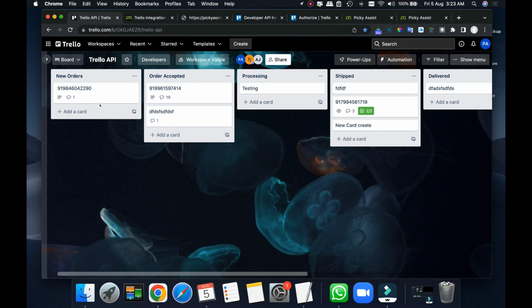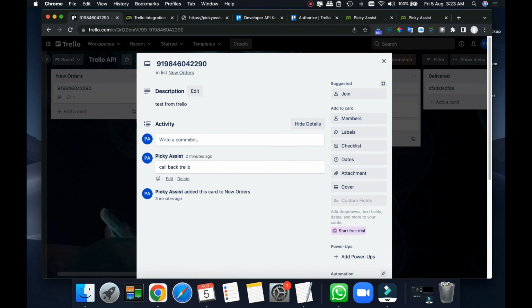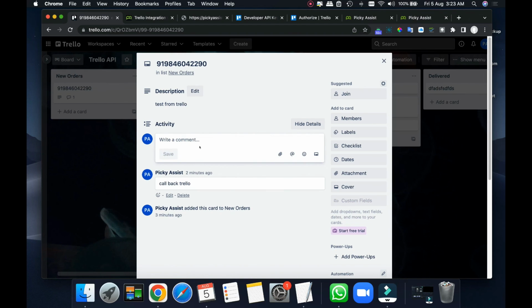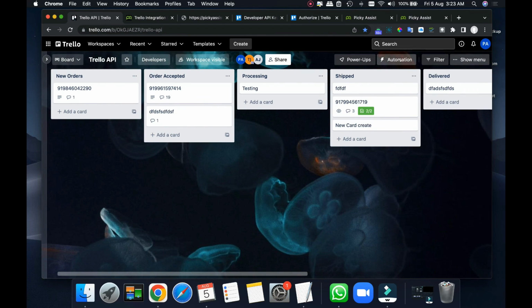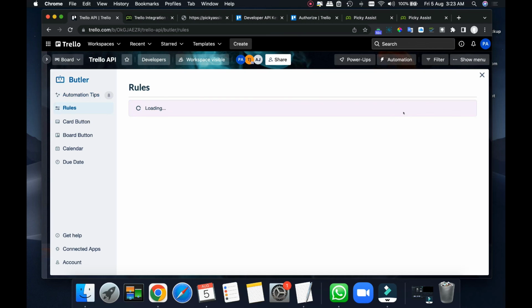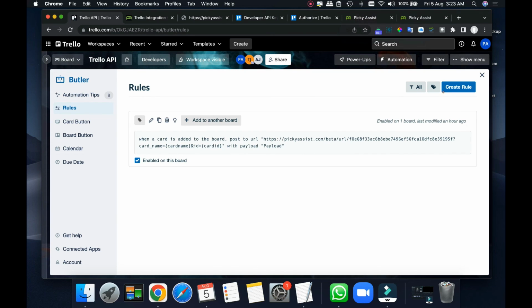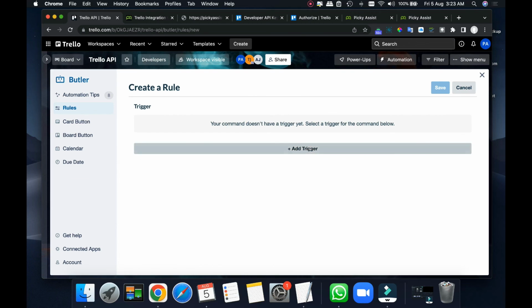You can always try many possibilities using many automation patterns, using the Picky Assist connector's different features, as well as the Trello Butler automations' different features. Both combined with many features together can address almost all the use cases. Now, if you want to send a message automatically when someone types here, or a specific user types here, or when a comment contains certain keywords, then just do the same steps we did earlier. Go to the automations, create a rule, then create a connector and configure the rule. In the same way you can achieve any kind of trigger.